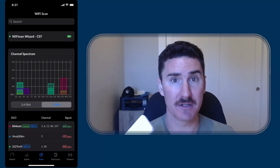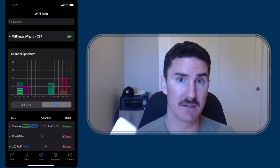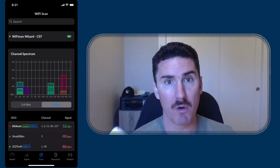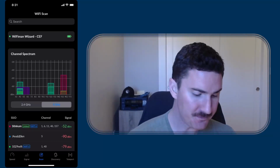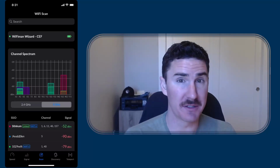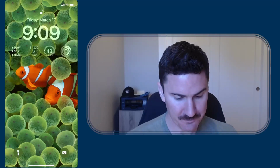You can come in, start to get things set up, immediately have a very clean look at what's going on in terms of the RF spectrum, and say, okay, I know where I want to be able to put this. So if you do consistent work in this space, it is valuable. For a regular consumer, you don't need to spend $100 on this. So with that,